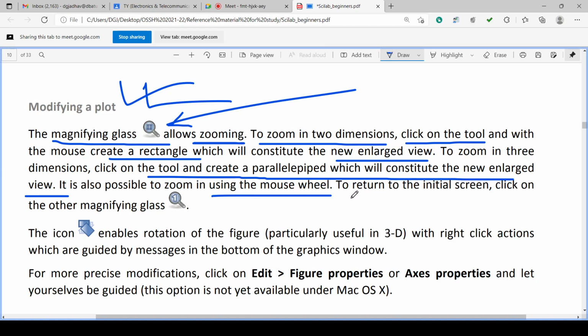To return to the initial screen, click on the other magnifying glass, which is shown here, marked 1. That will unzoom and return to the original screen. Zooming is magnifying, unzooming is returning to the original screen.